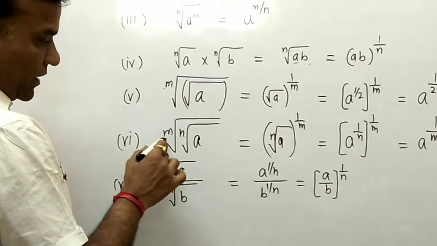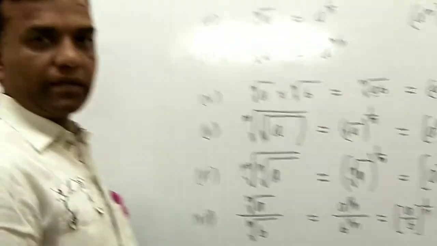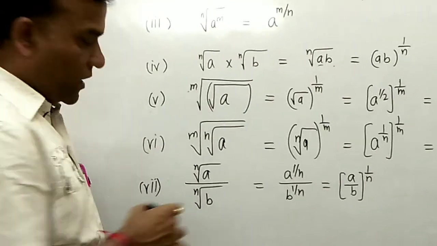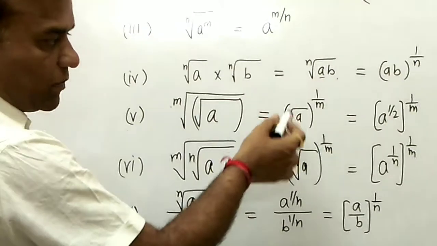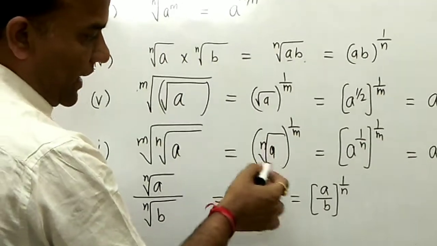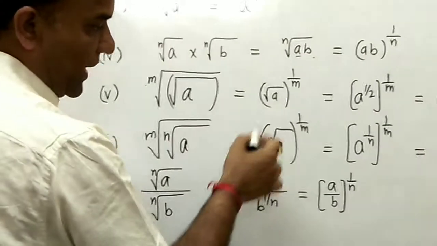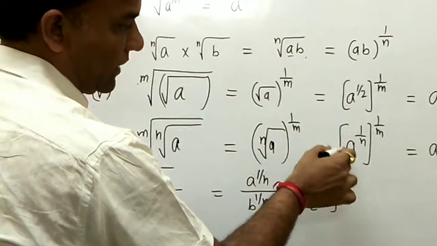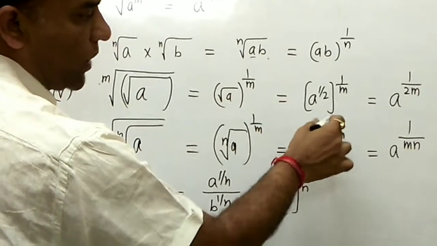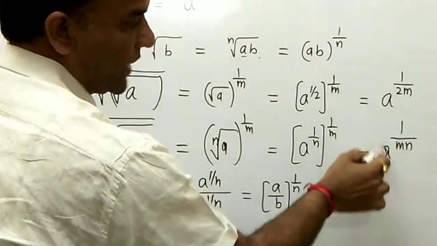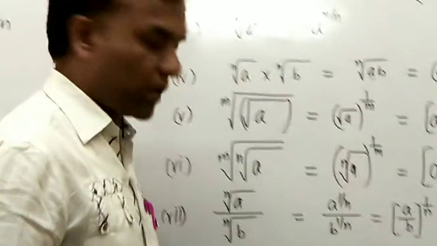And similarly, now both roots have different root values, like here the mth root and here the nth root, but a is given here. So you apply the same concept as previously. First you open the outside exponent, then it is power 1 by n here, and then a to the power 1 by n and whole to the power 1 by m. Now here again power to power is multiplied, so a to the power 1 by mn.